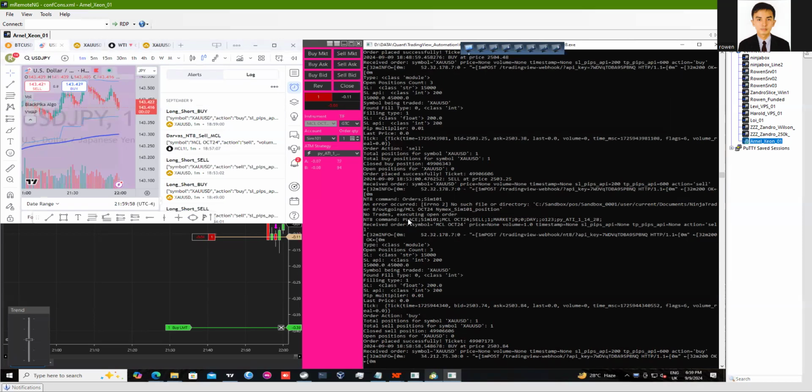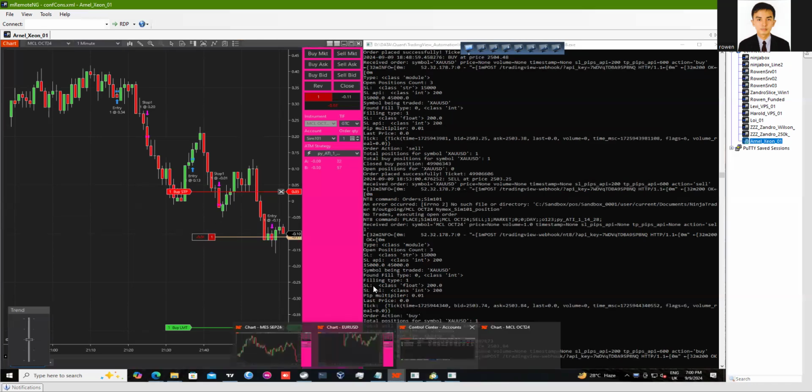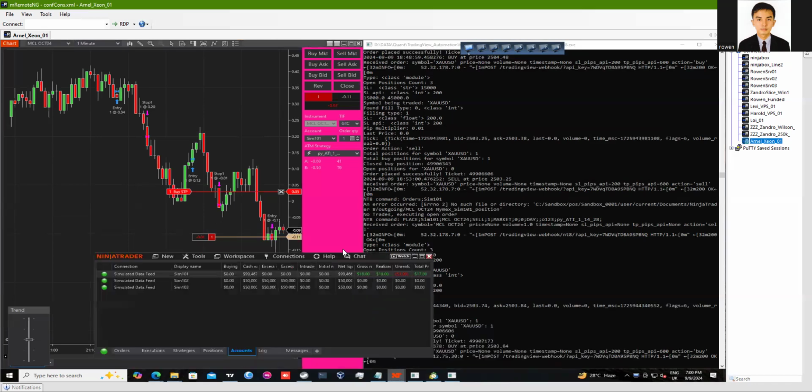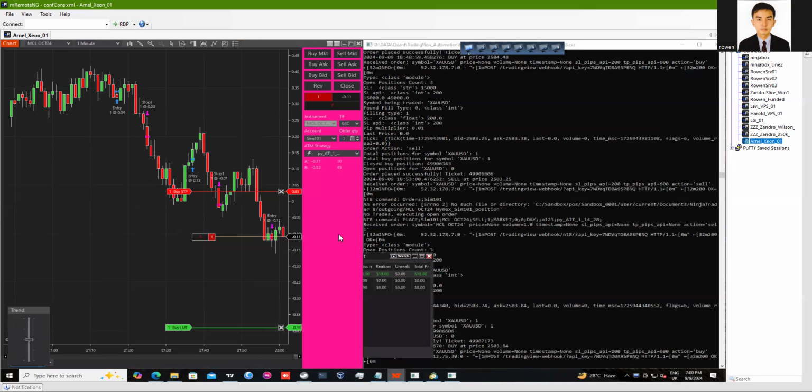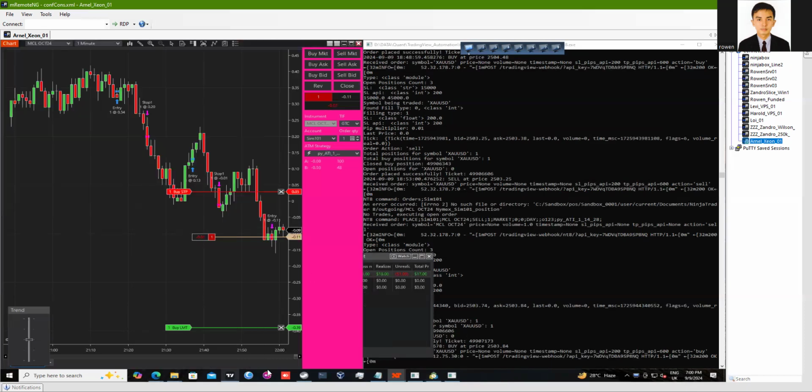On the other hand, you could see here an NT8 command, and this one was executed as a sell. As you can see, it's a sell. Here's the TP, and the red one above is the stop loss. So this one is one of the example setups, and this is how you can see it's trading. This one is a simulation account, and it's all done via TradingView.